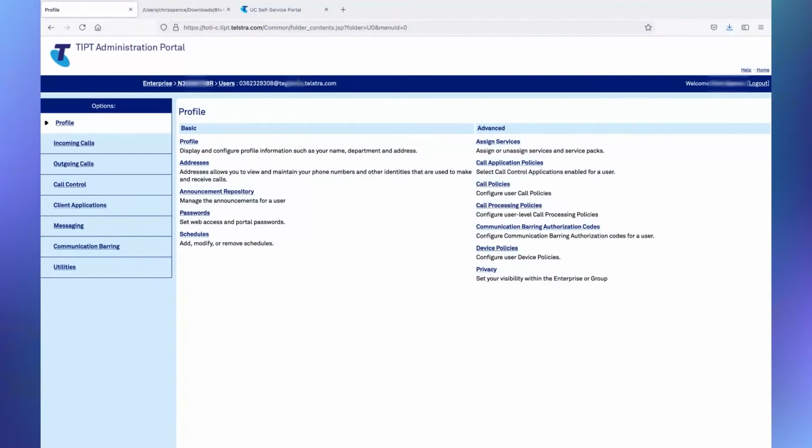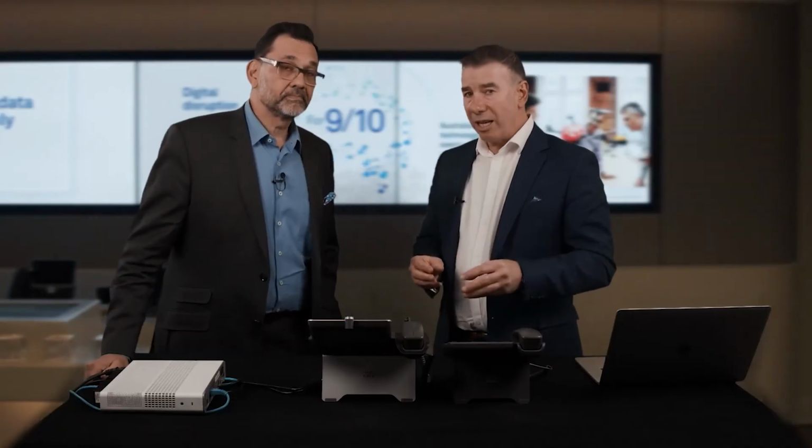So we need to go back into the Tippett administration portal again as a CEA or a CGA. And we go in and we identify the user on whose phone the BLF is to appear. And then we use the menu to go to the BLF feature settings. The other thing to note is that you don't control the keys on which it appears. It automatically selects the next available spare key. Once it's been set on a particular key, if I try to add a speed dial onto it, what happens? It'll override that and it'll get pushed down to another key. All right, so the BLF is sort of the last in the pecking order.